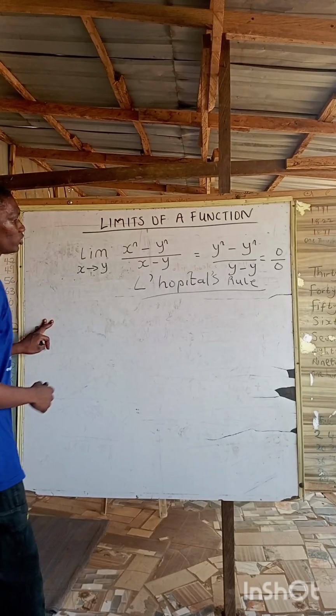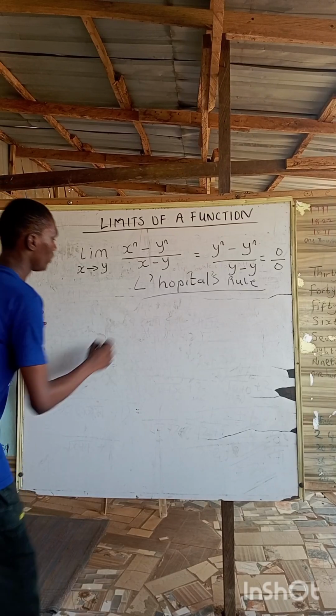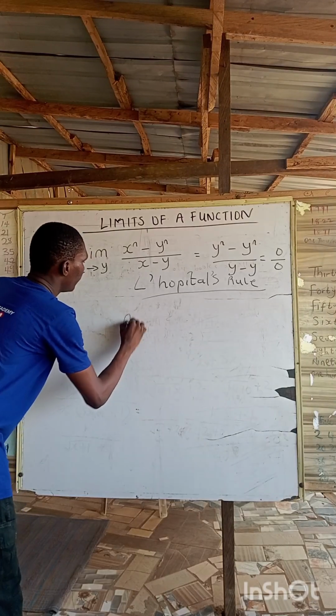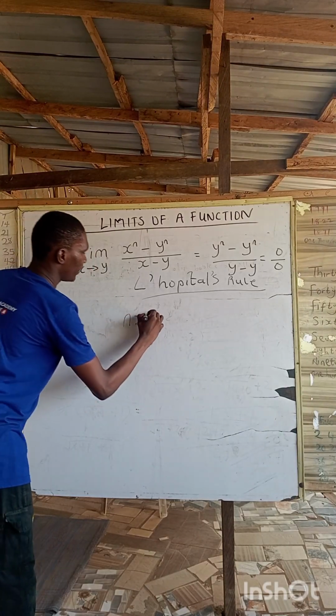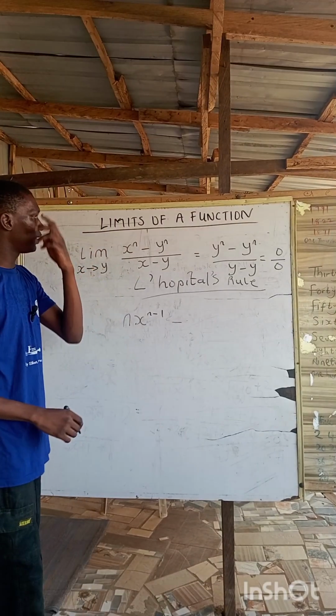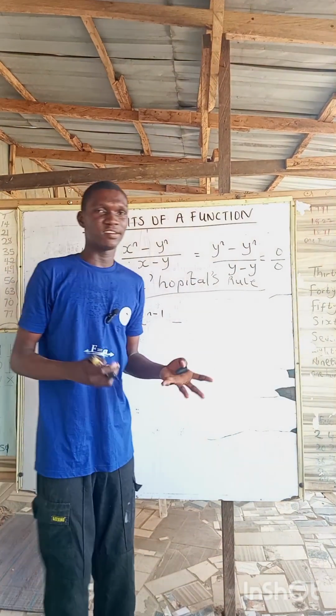When we differentiate x to the power n with respect to x, it will give us n x to the power n minus 1. And differentiating y to the power n, because we are differentiating x, not y,